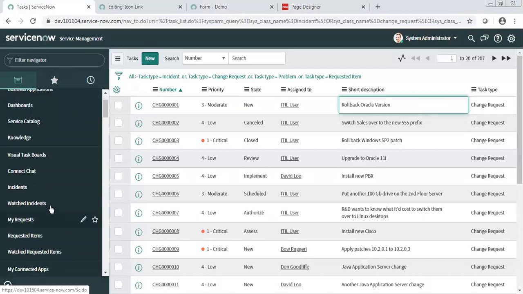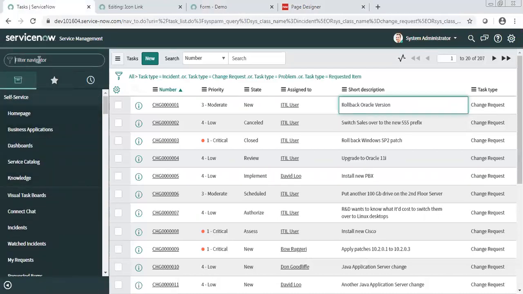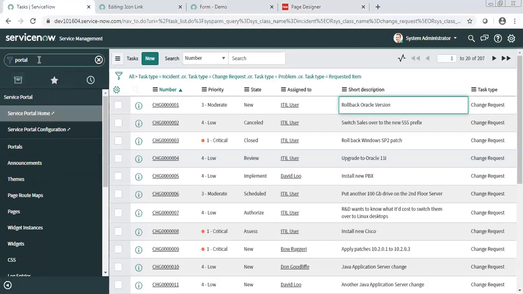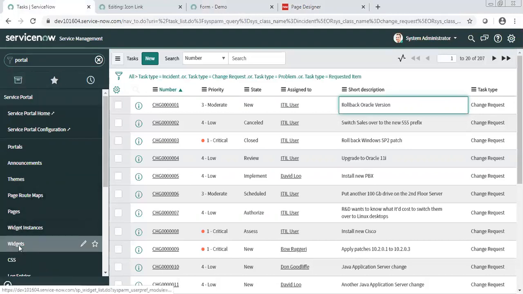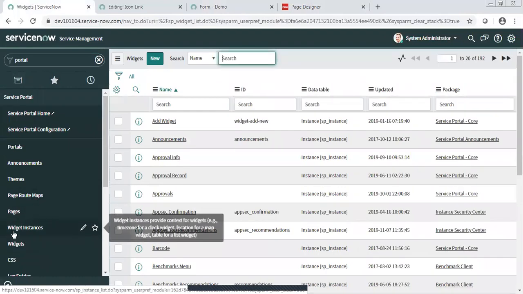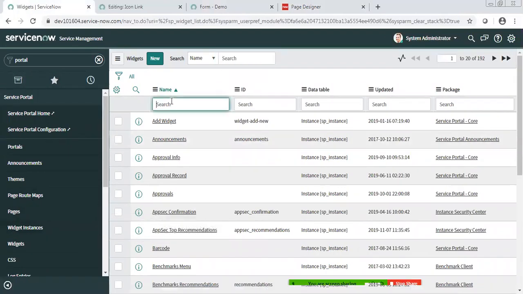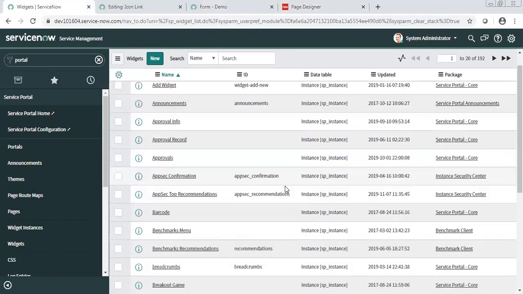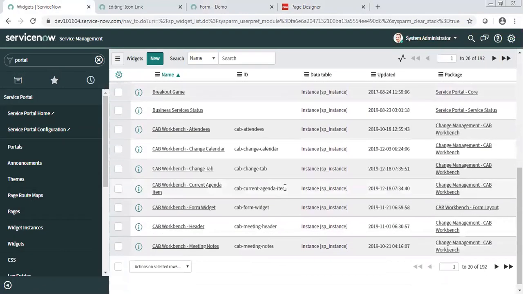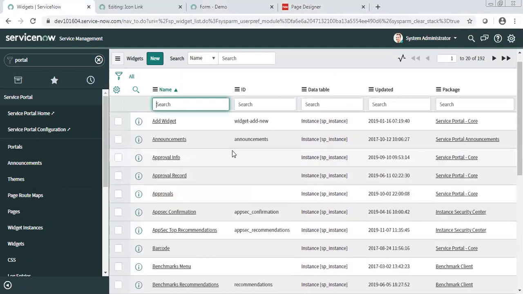If you see here, back in the backend, if you type portal, here you will see two things. One is widgets and another is widget instance. Here there are a total of 192 out-of-the-box widgets that we can use. Maybe not all, because every widget is not reusable.